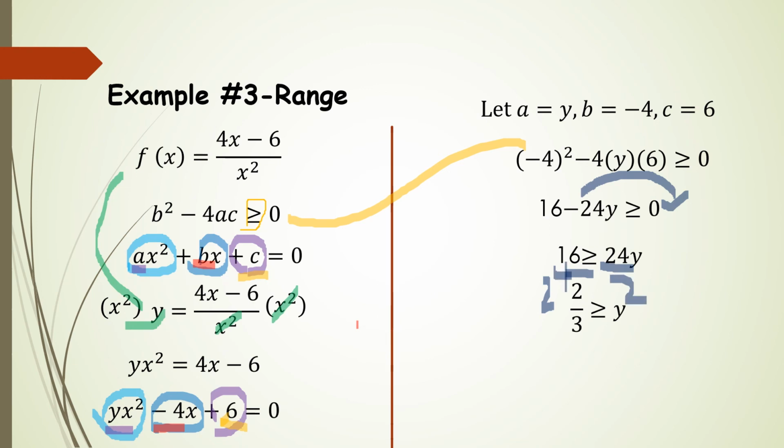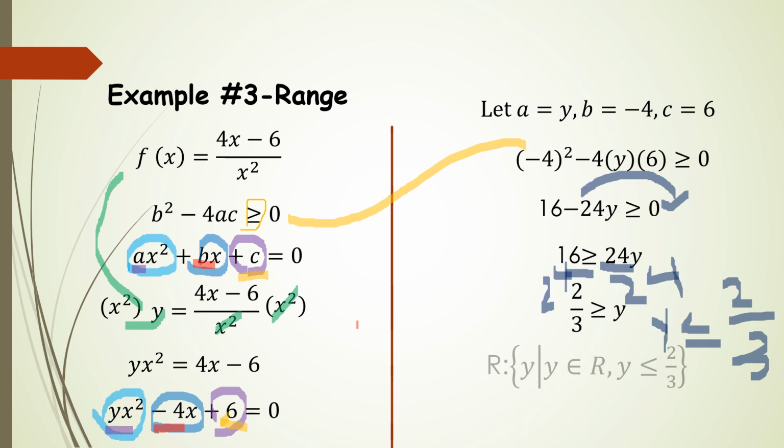Pag na-divide siya both sides by 24, we will get 16 over 24, and by getting the lowest term, magkakaroon tayo ng 2 over 3 is greater than or equal to y, or y is less than or equal to 2 over